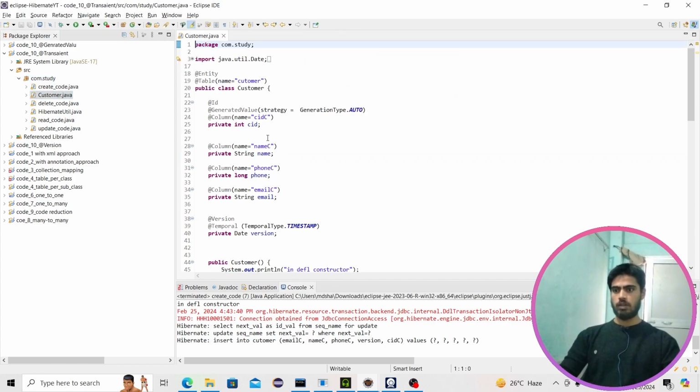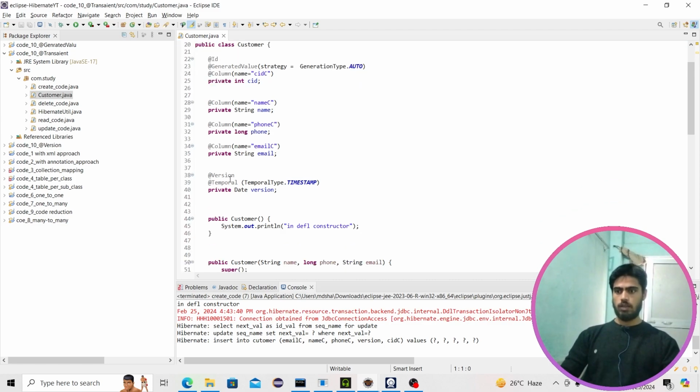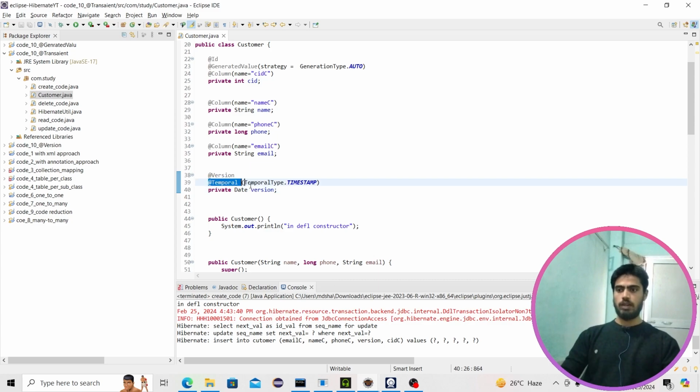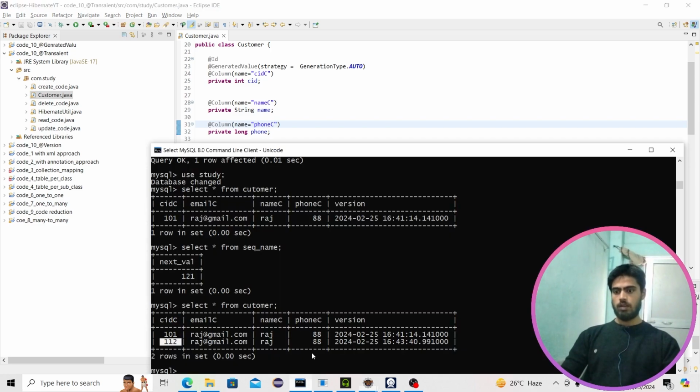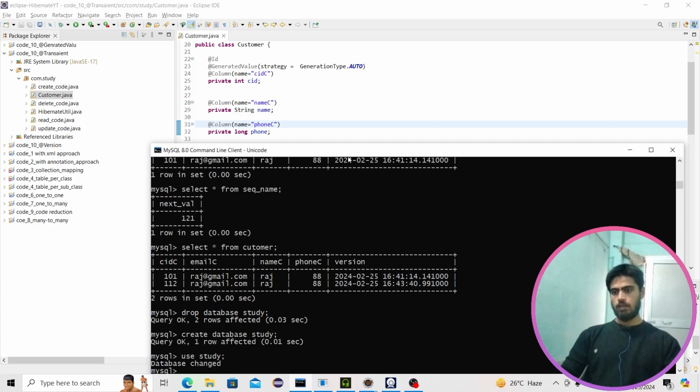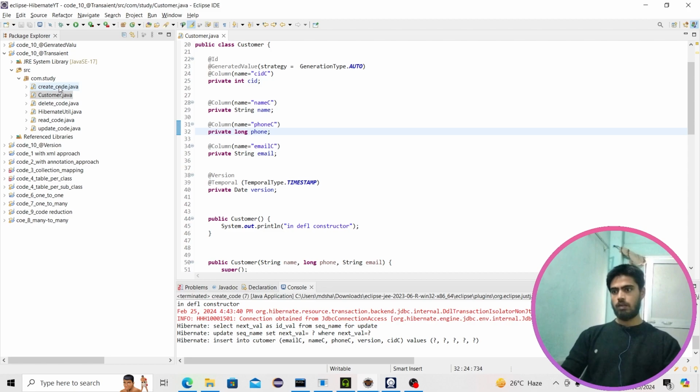We have a customer class. In the customer class, we have temporal and version, basically timestamp mapping on this version field. So we have email, we have phone. Let's drop the tables first from this database, and again create